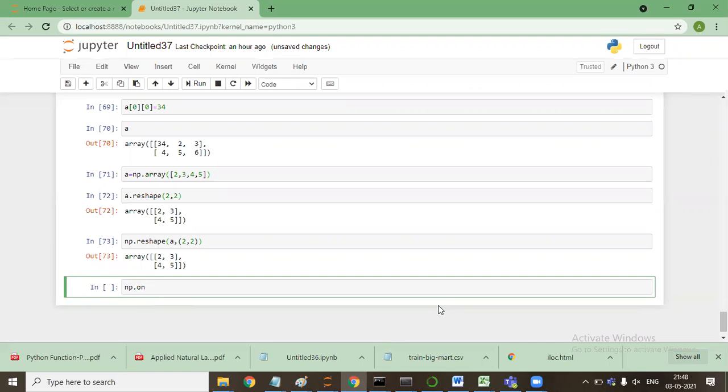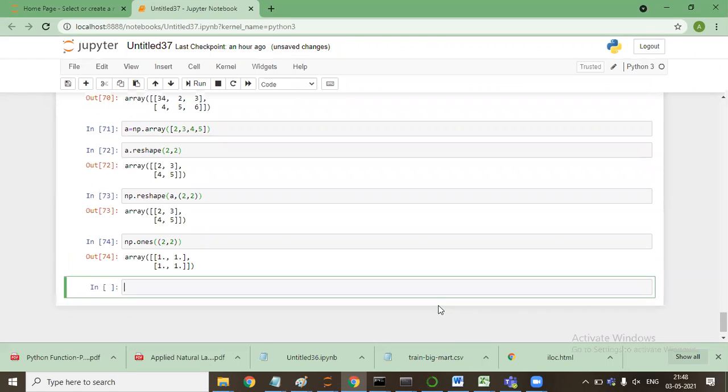Ajinkya, any question? No, sir. In 72 the output is the same, and in 73 the output is also the same. Why?